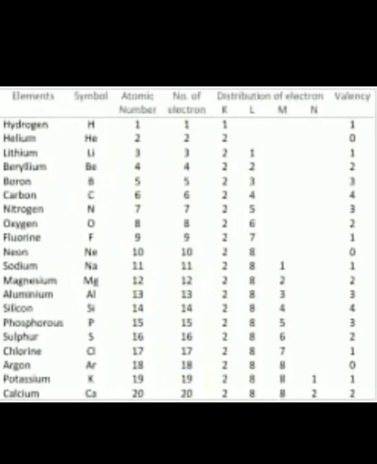Then after, see here, valency is given. See here, the valency of hydrogen is 1, and the valency of helium is 0. Because helium is a rare gas, it has already completed its duplet. That means the outermost cell contains 2 electrons, so the valence is equal to 0. And hydrogen has 1 electron in its outermost cell, so the valence is equal to 1.